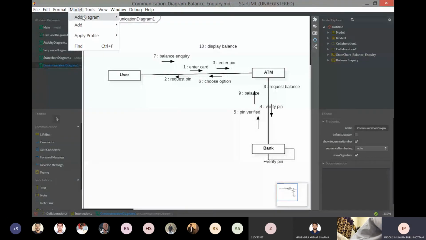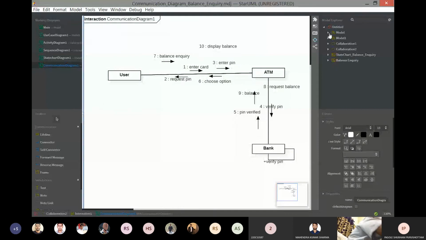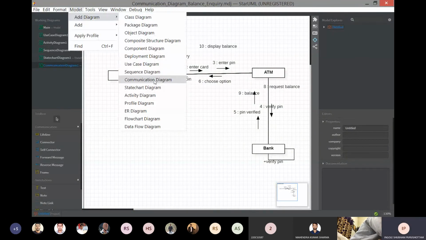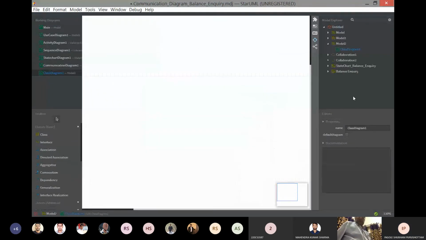And the most important diagram is the class diagram. The first option in the toolbox is the class. This is the most important diagram.